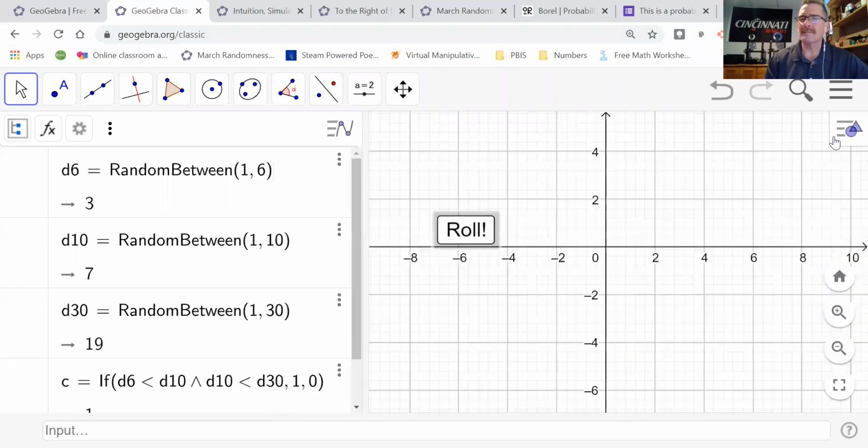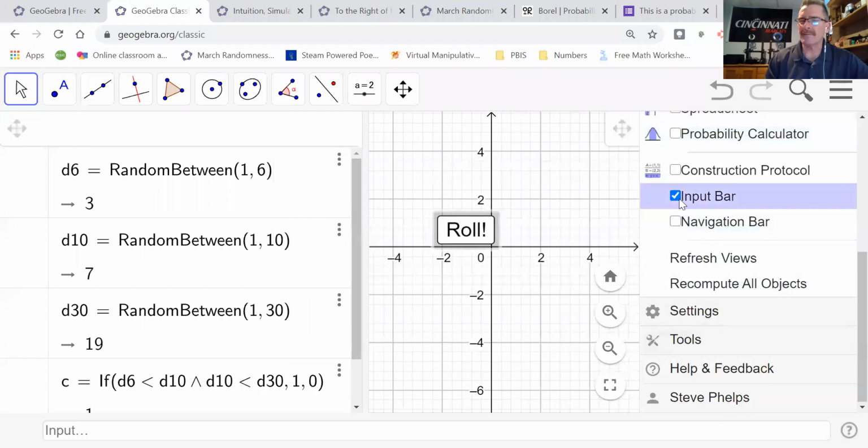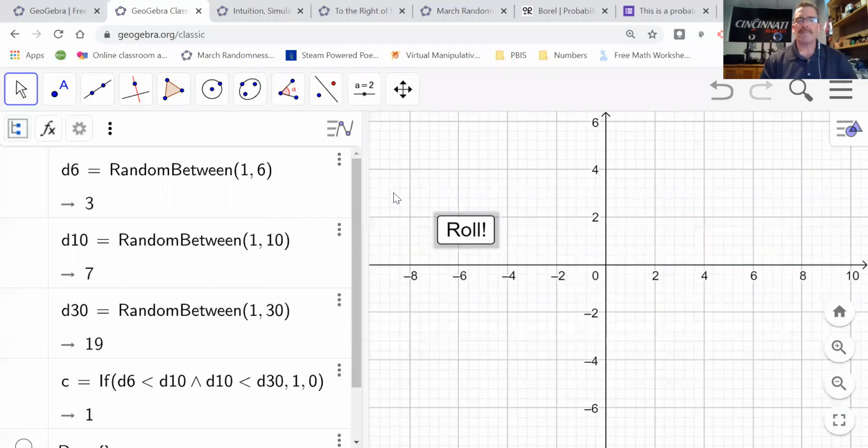All right, let me close this, and I'm going to unhide my input bar again. So perfect. So here's what I'm going to do. Let's see what happens. Ready? When I roll my dice,